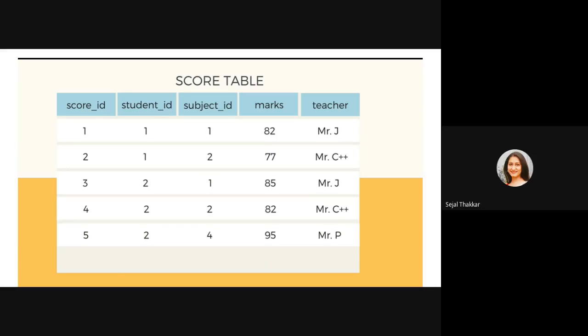Each subject also has an ID, like Java has some ID, C++ has some ID, then Python has some ID. So the student who has roll number 1 has marks 82 in subject Java. So for this, we need a combination of two keys, student ID and the subject ID.